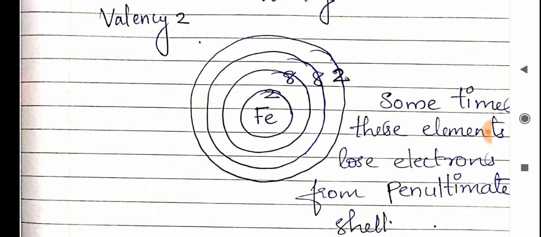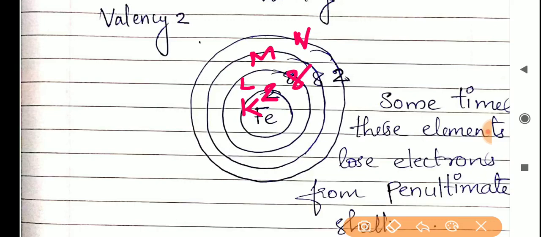See here, iron has K shell, L shell, M shell and N shell. This is not the proper diagram, I have written it just to help you understand. In the K shell there are 2 electrons, in the L shell 8 electrons, in the M shell also 8 electrons, and the N shell contains 2 electrons. Sometimes these elements, like iron, copper, gold, etc., will lose